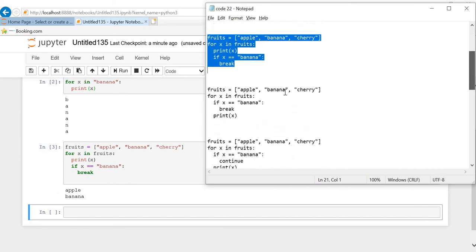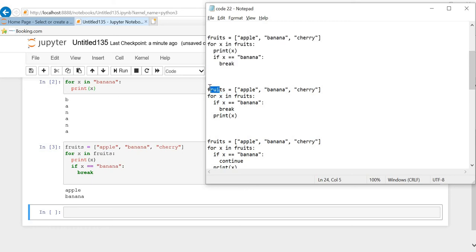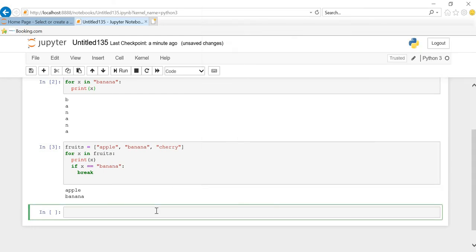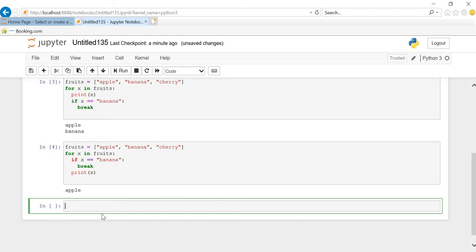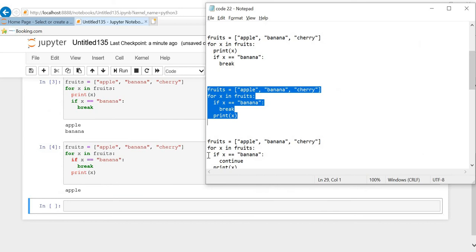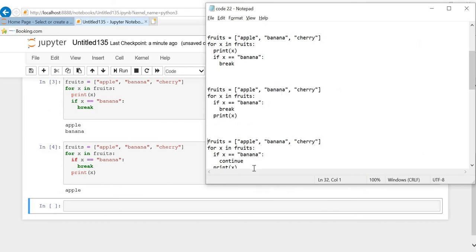Next is the break statement, where we are breaking it and printing x. As I said, we have broken it at banana. Next is the continue statement.